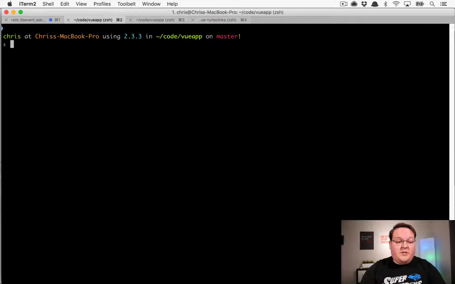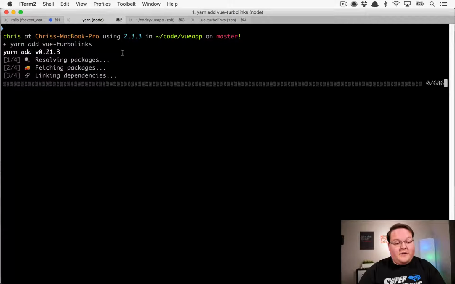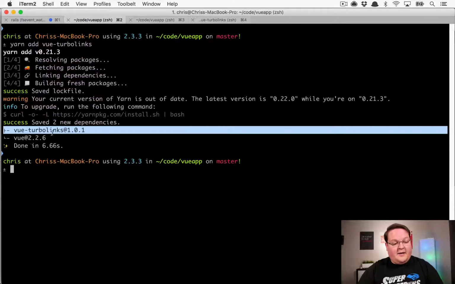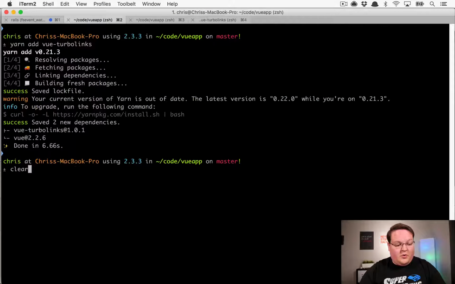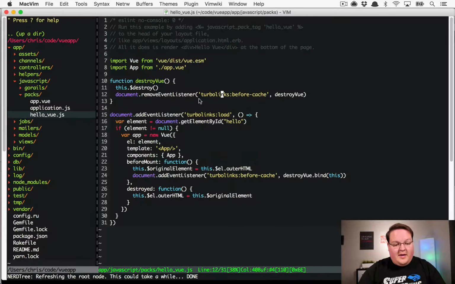So first things first, we need to go into our application and run yarn add vue-turbolinks. So this is the node module that we created for that. That package is what you want to add to your package.json. This is going to then give you that package. It depends upon Vue and adds that to your app. So then I'm going to run the bin/webpack-dev-server, start that up again,